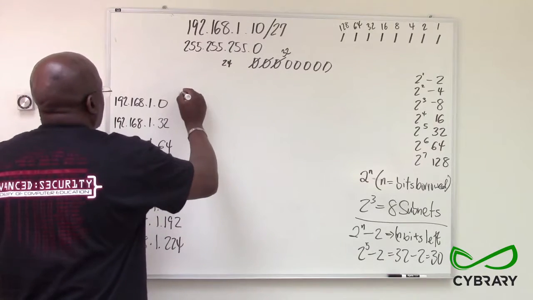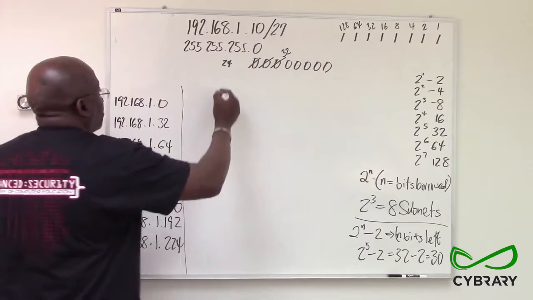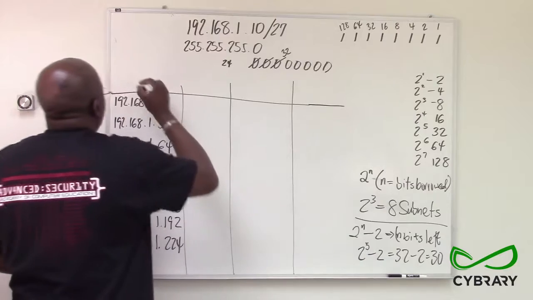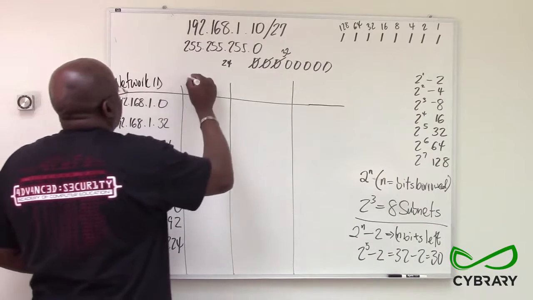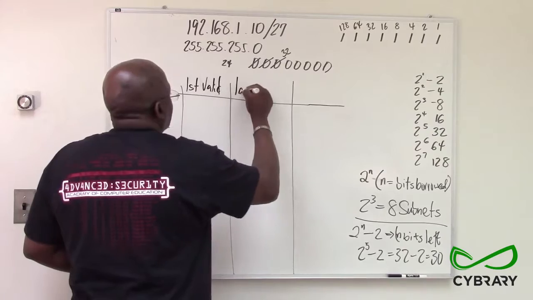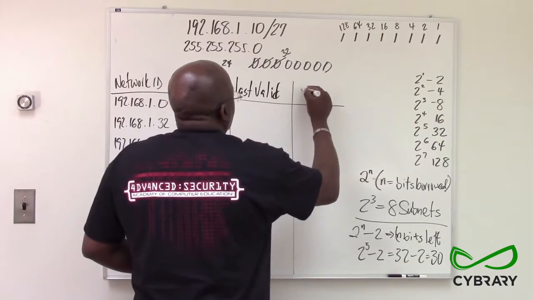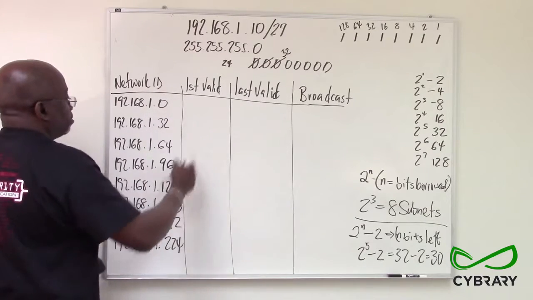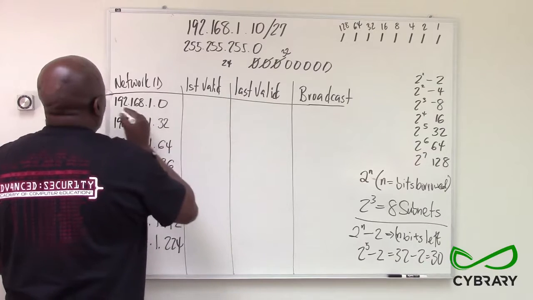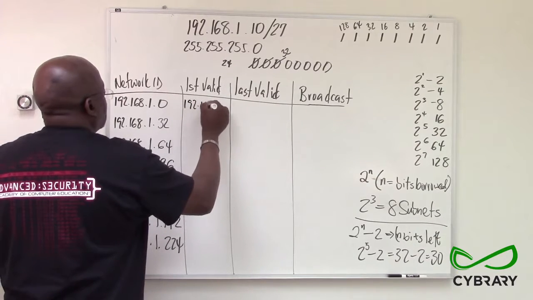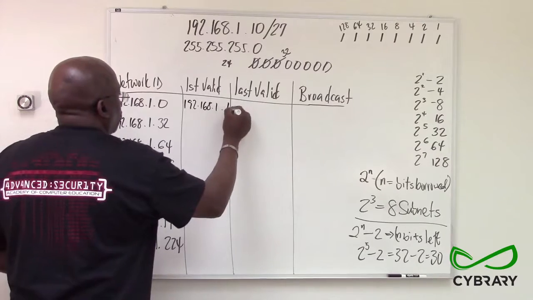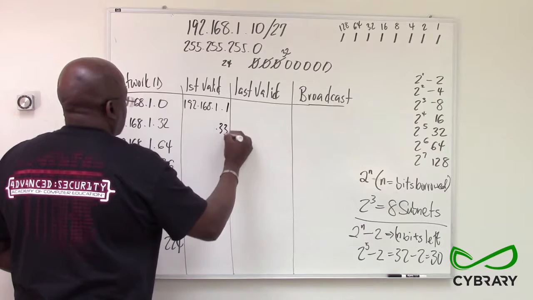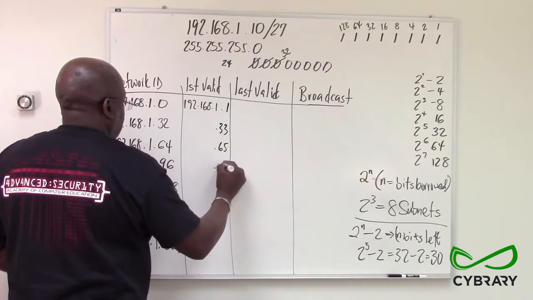So let's show that. What we do is we create this nice and simple chart to prove the number of computers you have per subnet. This is your network ID. This is your first valid. This is your last valid. And here you have your broadcast. We simply add 1 to the last octet over here to get the first valid. So here we will be 192.168.1.1. You add 1 to the last value: .33, .65, .97,